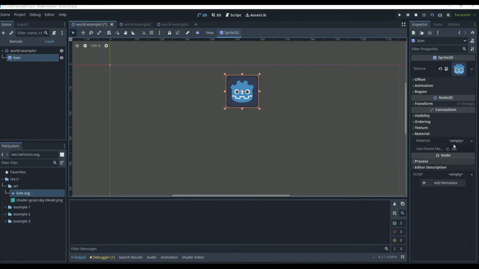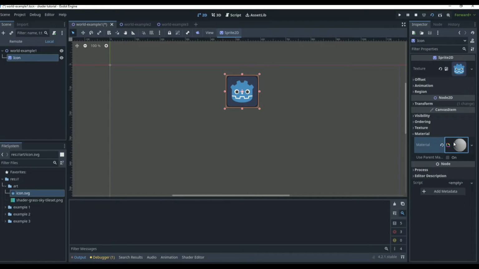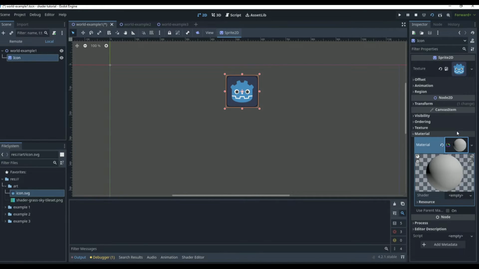So if we go over here, we can click on a material, and we can either say new CanvasItemMaterial, new ShaderMaterial, or we can load in a material, right? So if we click on a new ShaderMaterial, we click on this little ball here, you're going to see the shader comes up. If we go down here and we click on this arrow, we can create a new shader, or we can load in an existing shader, which we can save, right? Because we're going to create a script. So if we click on new shader,